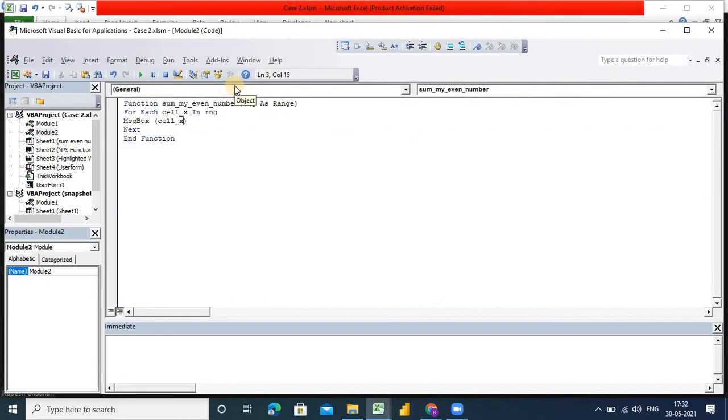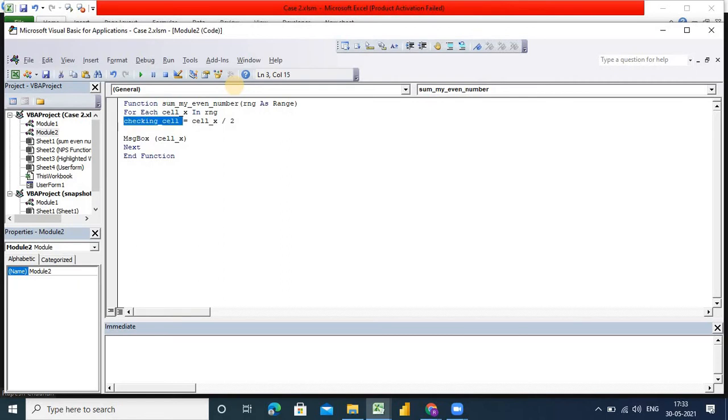First of all we have to identify whether the value is an even number or an odd number. For that, we create one variable, checking cell, and to check even and odd numbers we have to divide that value by 2. So I am dividing by 2.